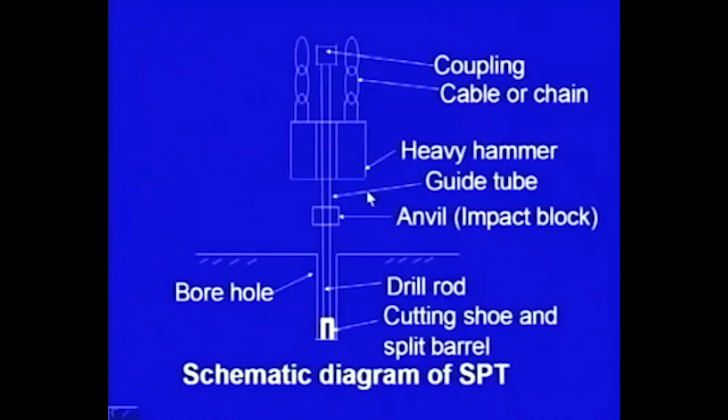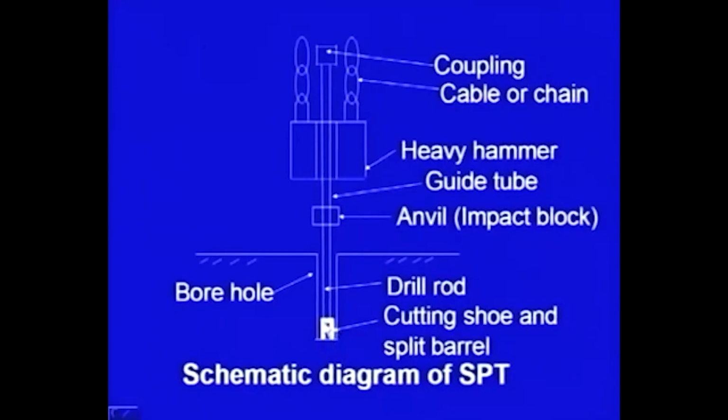This is the schematic diagram of the standard penetration test. Here this is the ground level and there is a borehole. The borehole has been advanced to a certain depth. Normally we do it at certain intervals. For example, we start with, let us say, 0.75 meter depth below the ground. The next test we take at 1.5 meter, then at an interval of 0.75 meter, or as the depth increases we can increase the interval. Here is the bottom of the borehole,